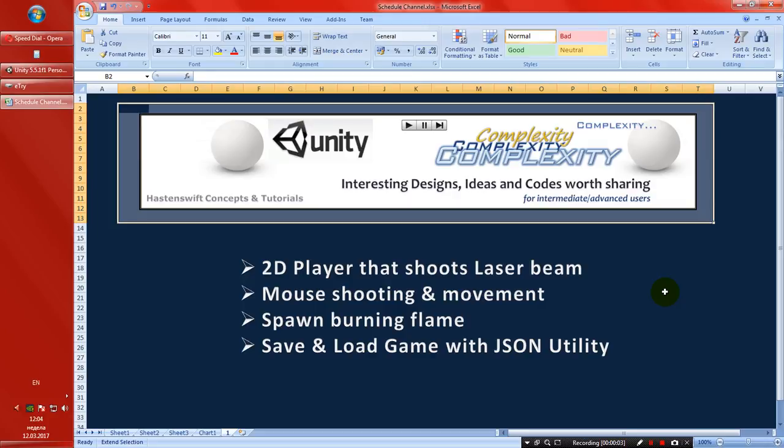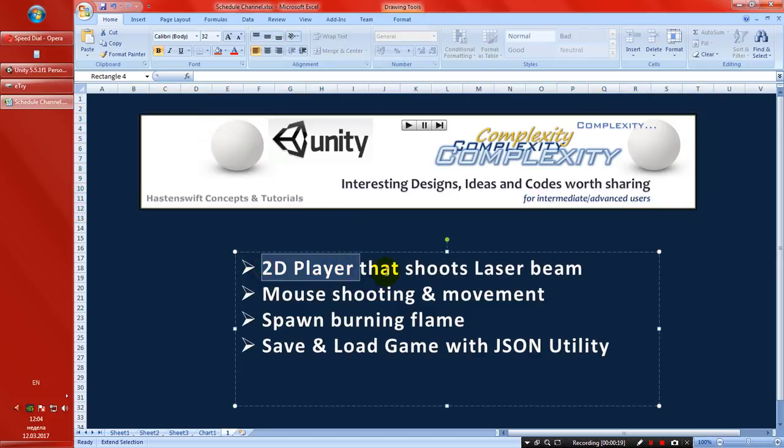Hello guys, today is time for my new tutorial. Today we are gonna be dealing with a few ideas about lasers. So I'm gonna create a 2D player that shoots the laser, and that will be controlled by the mouse. So I'm gonna do the left mouse shooting, right mouse moving, or so. And then we're gonna create a burning flame. We're gonna spawn little flames where the laser is aiming at,